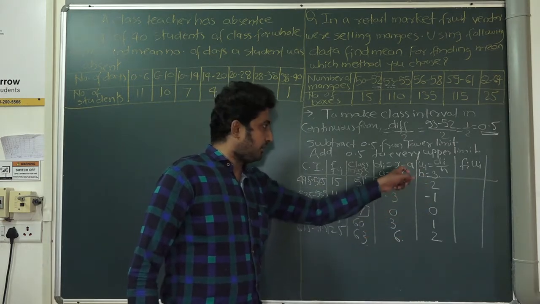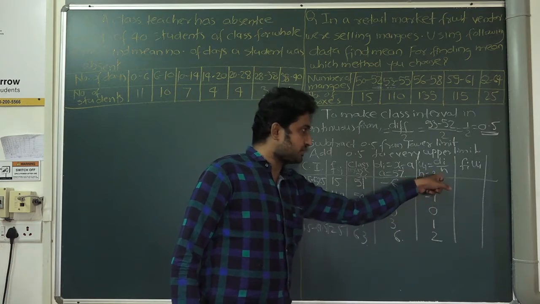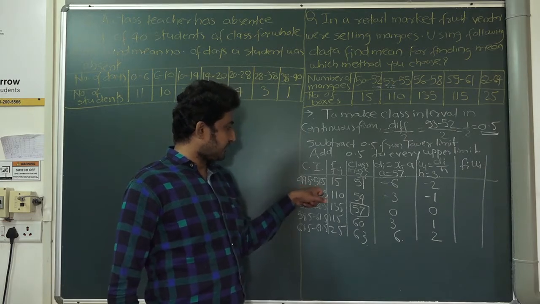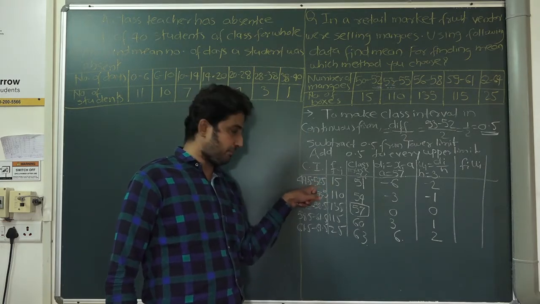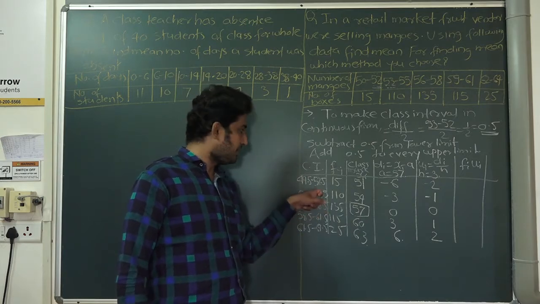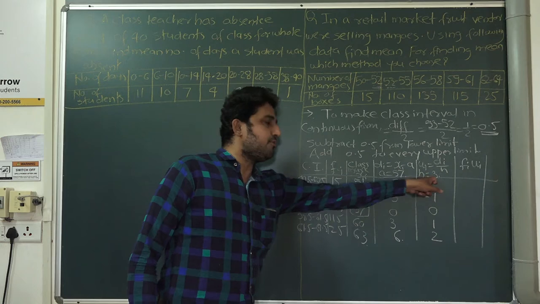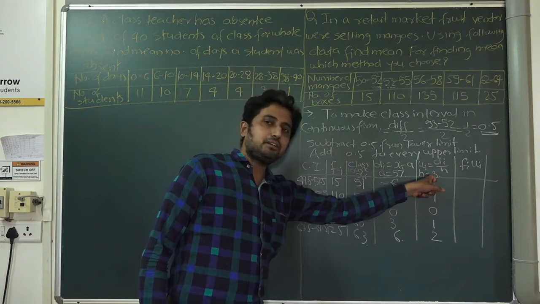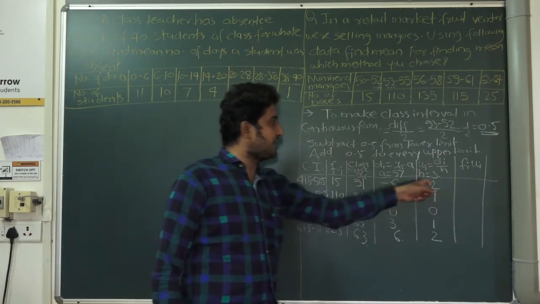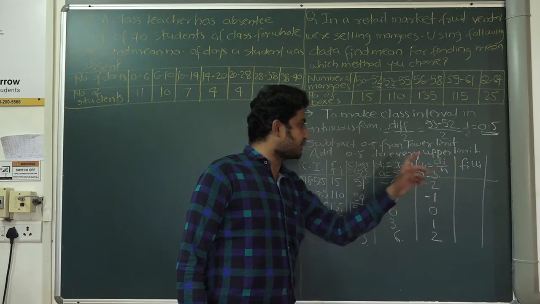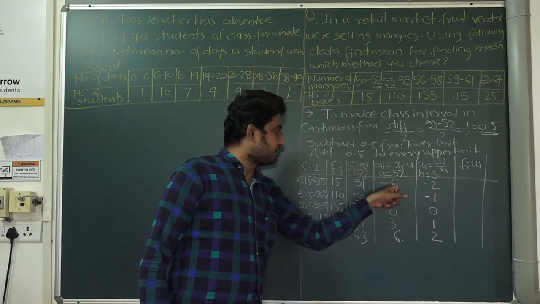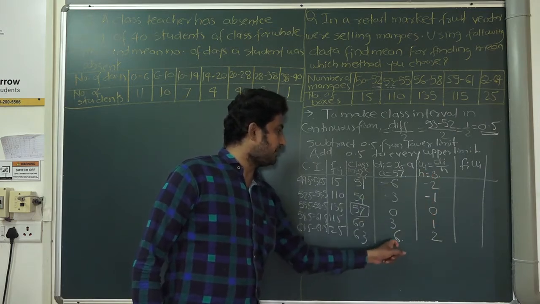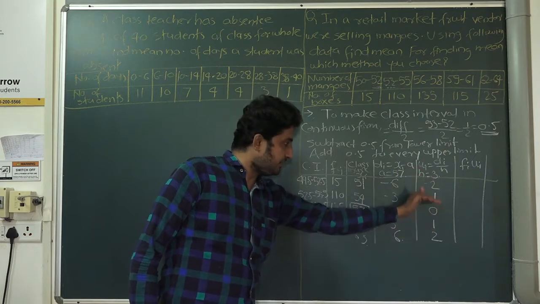This is ui. What have we done here? We are taking h as a constant. h is the height of the class interval, and we know the height is 3. How do we measure the height? Upper limit minus lower limit. Take any class interval, upper limit minus lower limit, and you will get the value of h. So 52.5 minus 49.5 becomes 3. So h is 3, and h is constant everywhere. That's why we are taking h as 3. And this is di upon h. di is this value, upon h which is 3. So minus 6 upon 3, minus 3 upon 3, 0 upon 3, 3 upon 3, and 6 upon 3. So we get this column.